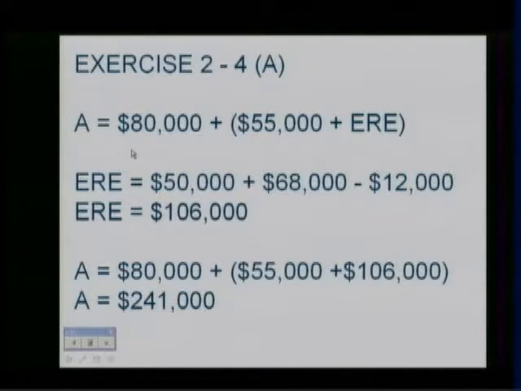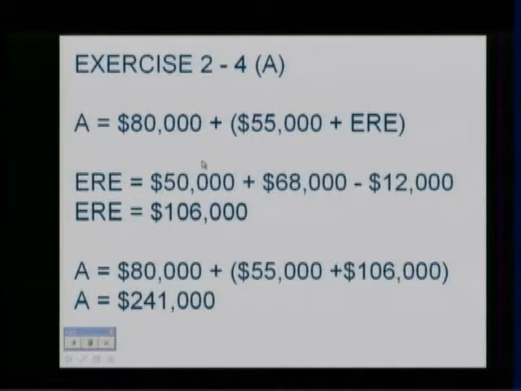So can we compute ending retained earnings? The previous slide showed you how to compute ending retained earnings by taking beginning retained earnings, which is given to us at $50,000, adding net income, which is given to you at $68,000, and subtracting out dividends, given to you at $12,000. So if you take 50 and add 68 and subtract out 12, you'll end up with your ending retained earnings